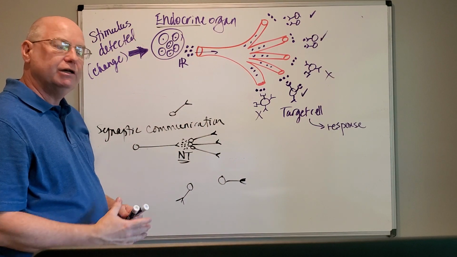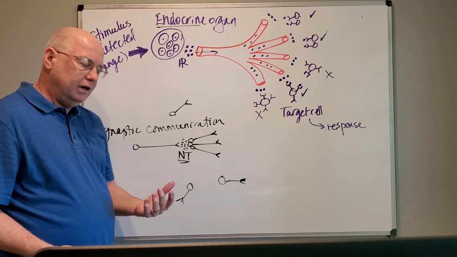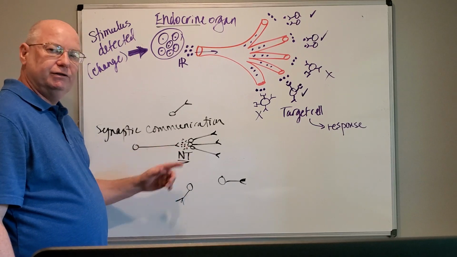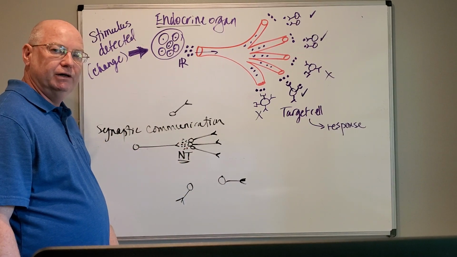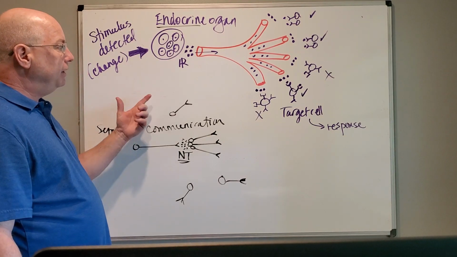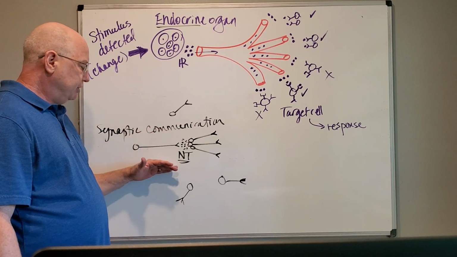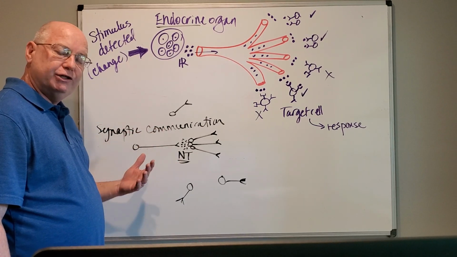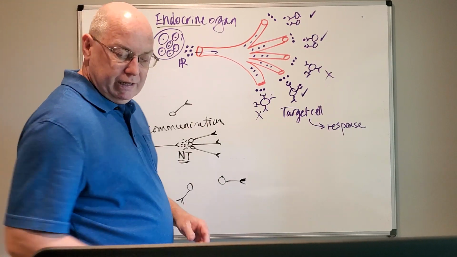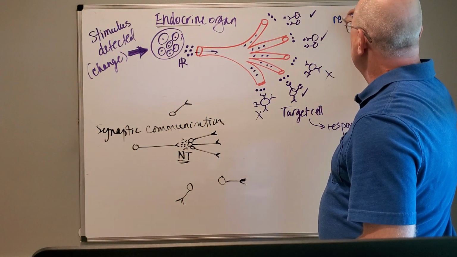So neurotransmitters can't drift off. The only cells that they can communicate to are the ones that are directly within reach of the synaptic cleft, or right in that synaptic cleft. So it's almost directly onto the next cell that we're releasing neurotransmitter. It goes over a very short distance. Now, we can compare and contrast endocrine communication, or endocrine responses, and responses to neurotransmitter and synaptic transmission. And one of the things we know is this. So, in endocrine responses, one of the things we know is the response to the stimulus